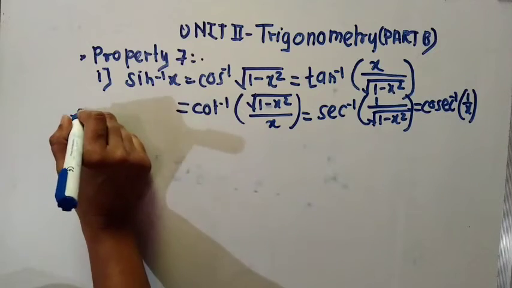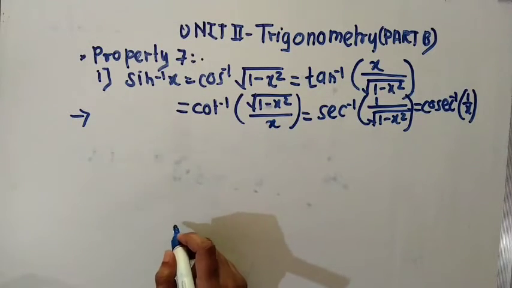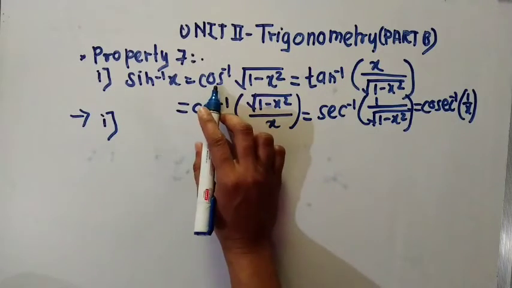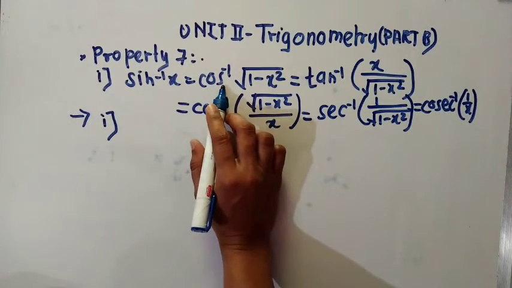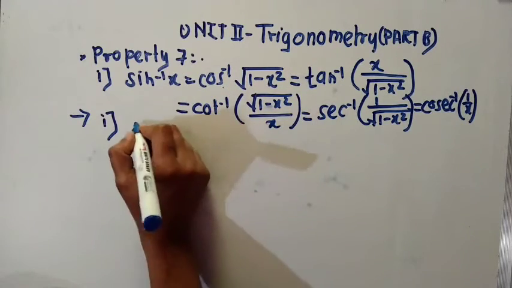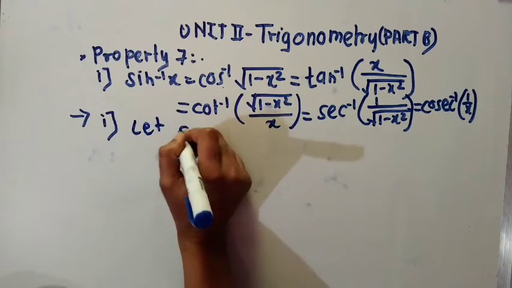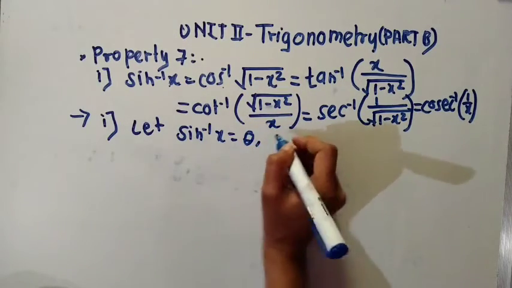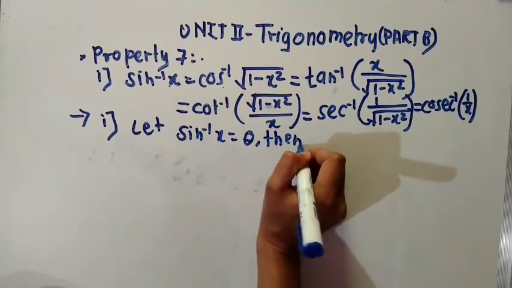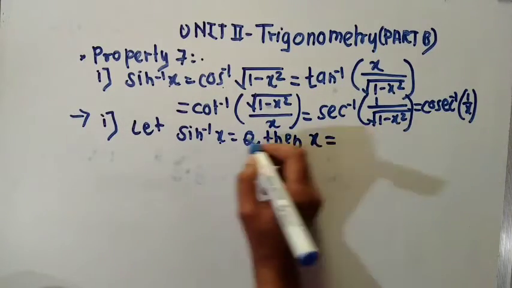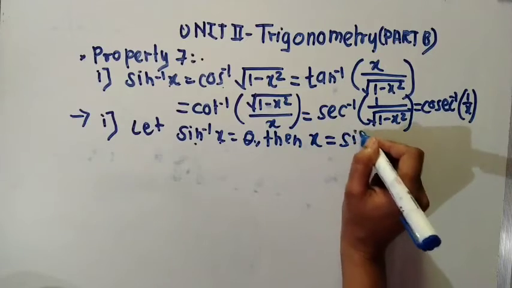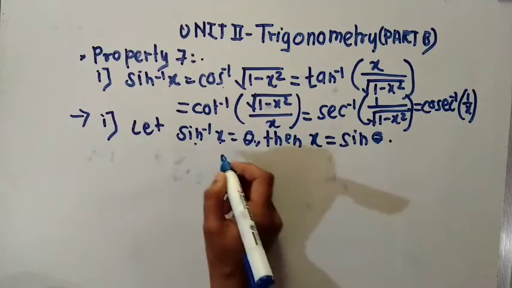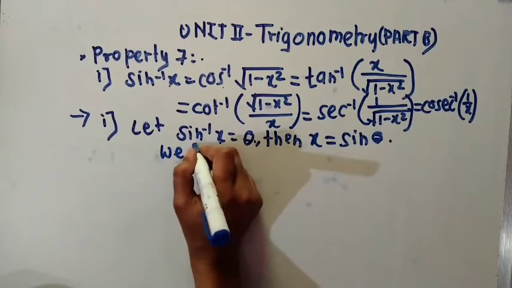So how to prove this property? So first, given that, let sin inverse of x is equal to theta, then x is equal to sin theta by definition of inverse function. Then now we have